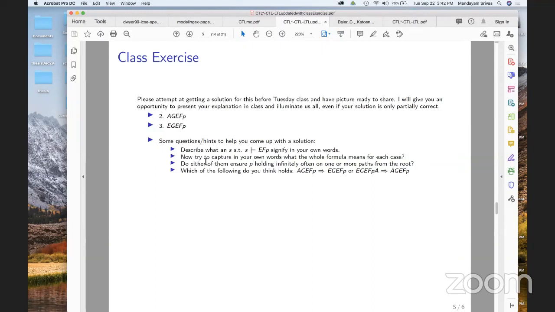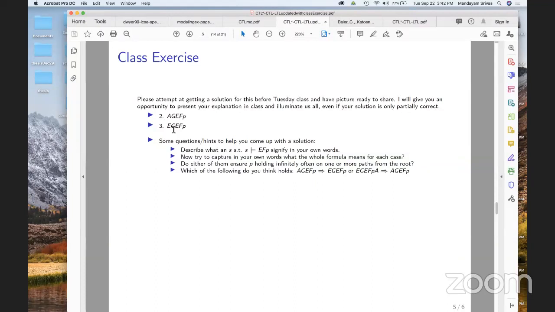So that's the second bullet. I'm doing EG of EF. So there is some path from the root, where from each point there exists some path from that point where P eventually holds. Essentially, in terms of states, this is true of a state